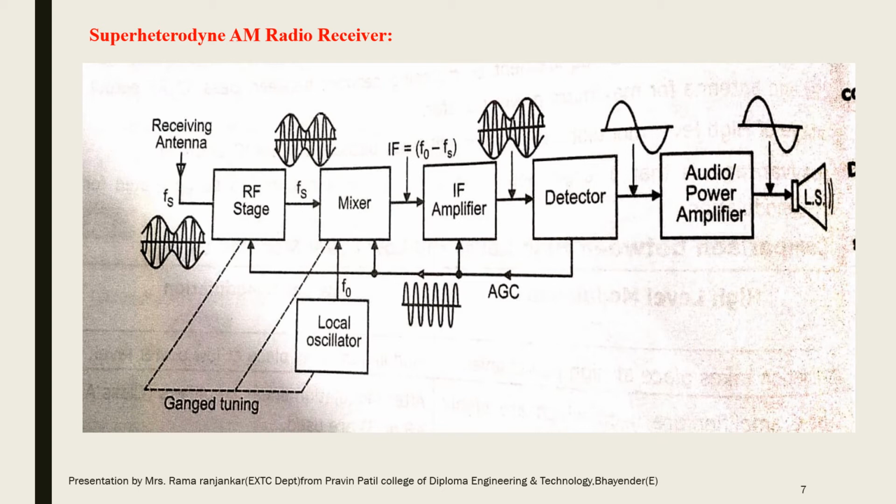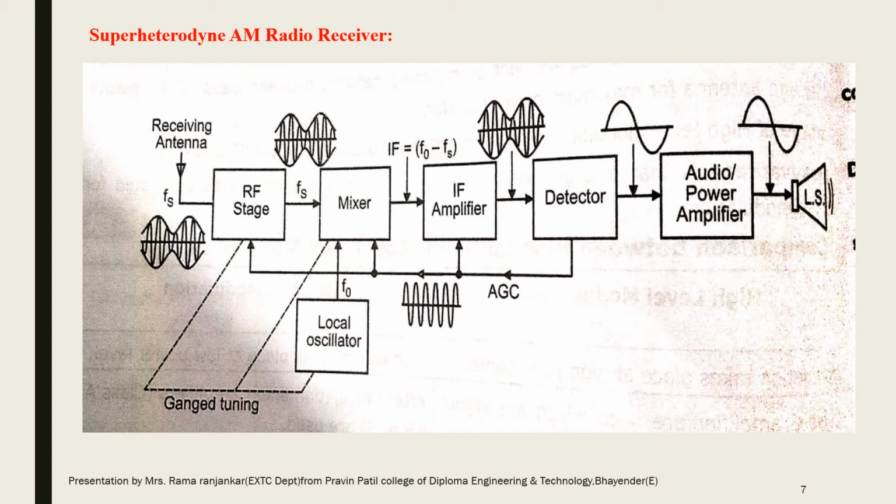other, superimpose these two frequencies again and reduce the high frequency signal and pass only the low frequency signal as shown in the figure. So in this way, the detector, called a second detector, reduces the high frequency signal and extracts the low frequency signal, which means the message signal gets separated from the modulated signal.